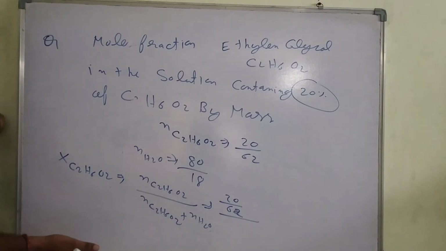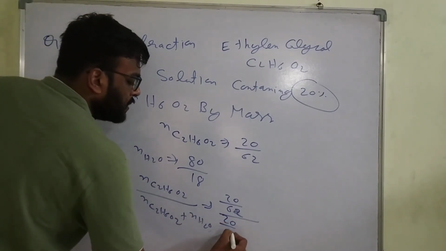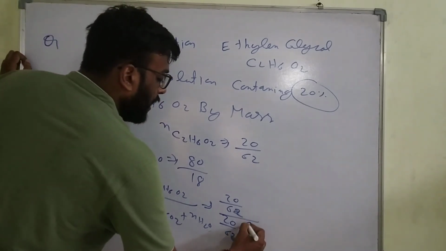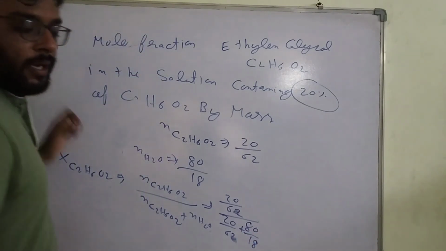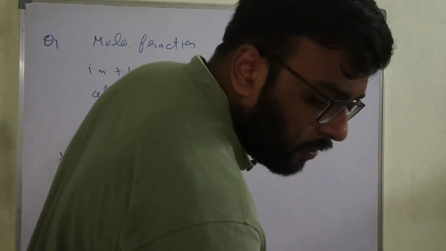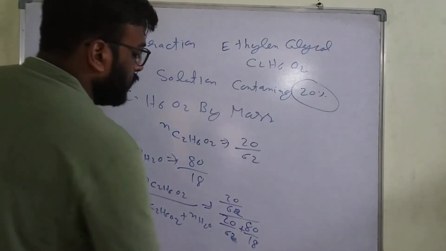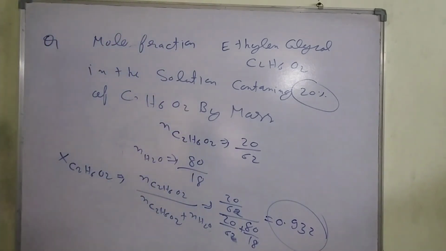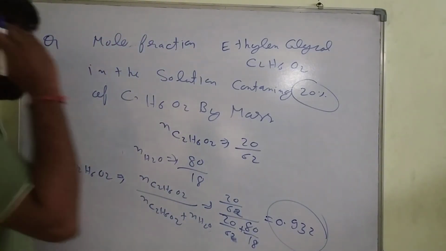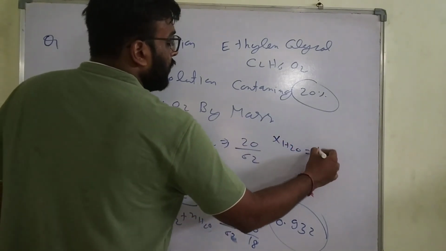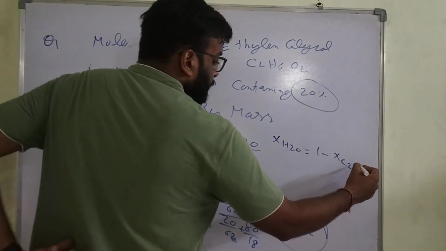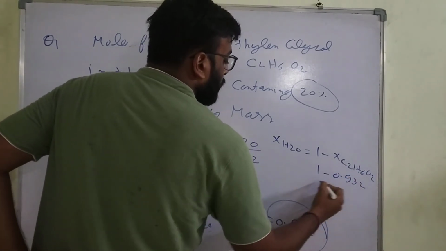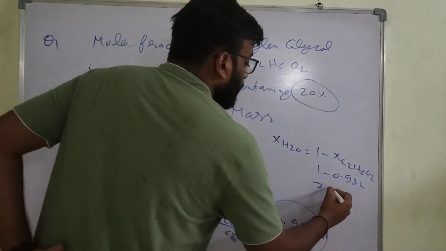We will solve this in the end. 20/62 plus 80/18. If we solve this, we get the value 0.932. You will solve this: 0.93 moles. And if you have to find out the mole fraction of water, X of H2O, how can you find it? 1 minus X of C2H6O2. So 1 minus 0.932